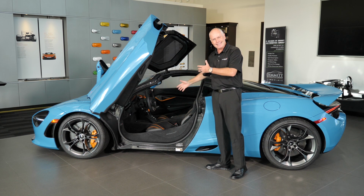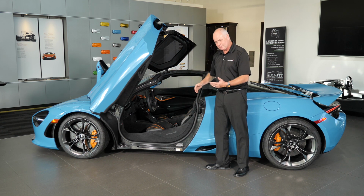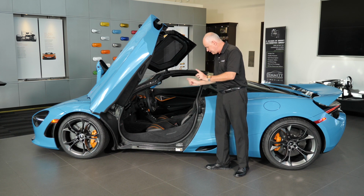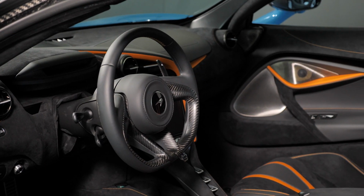Ladies in particular love getting in and out of this McLaren because it's not a bar here that makes it difficult for ingress and egress. Really a magnificent design. The interior of the car itself